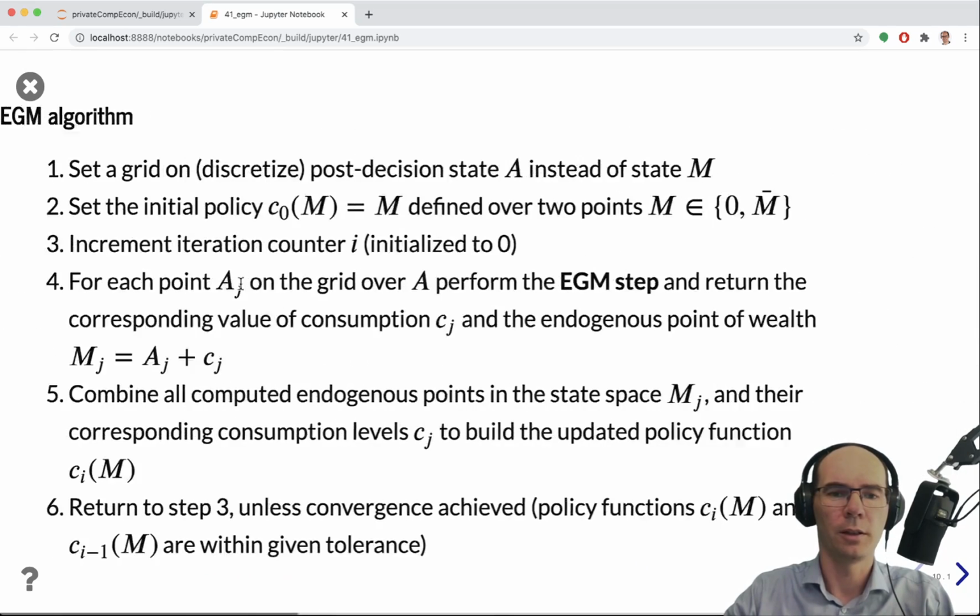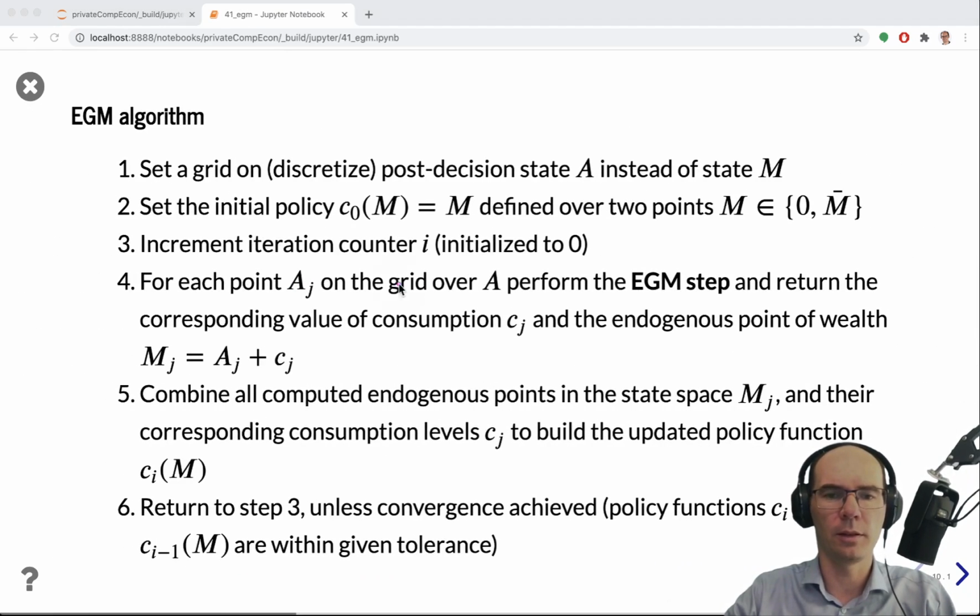It's over here. But let's do that next. So this is performed for each point on the post-decision state grid of A. Okay, and then once we've done that, we've recovered a bunch of the Cj's and Mj's, and we combine all computed endogenous points on the state grid and their corresponding consumption level to build an updated policy function, C_i of m. Now, i is the iteration counter here,